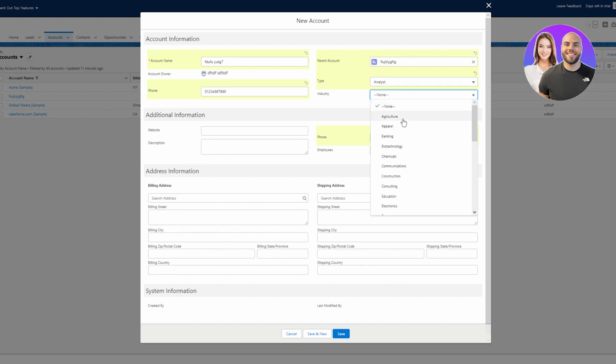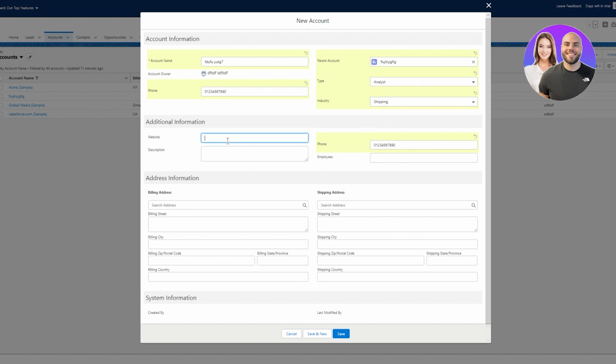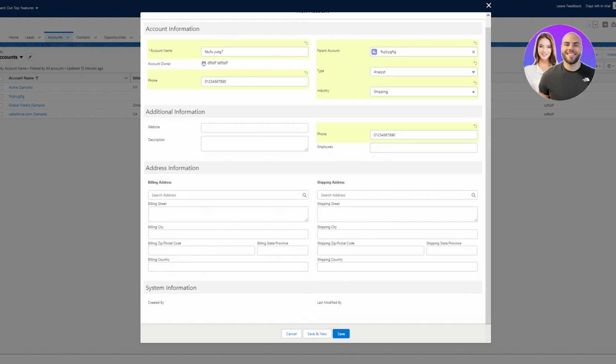Yeah, here we are. And you have the industry. Okay, I'm going to go with shipping. And then you have the website. If this user has any website, just go ahead and add that. Then you have description, employees, all this stuff. So the same goes with these. Just go ahead and add all the details that you can when it comes to the description of all these